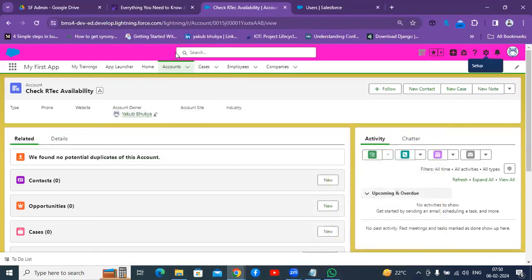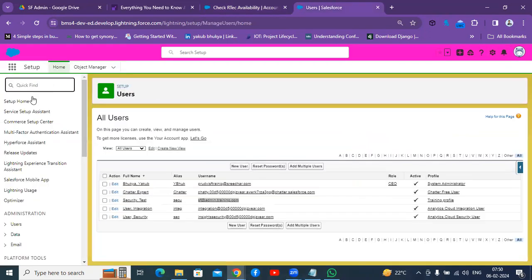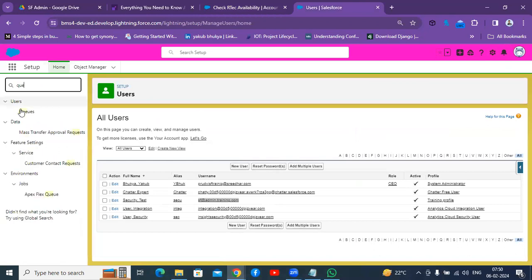Okay, so now it is about sharing rules. With sharing rules, we can provide additional access to users. With the public groups, what we did was provide access to the records to a specific set of users, though they won't have access to the records otherwise. That's about public groups. Similarly, along with public groups, we'll be having queues.